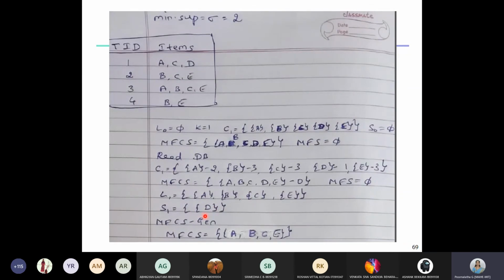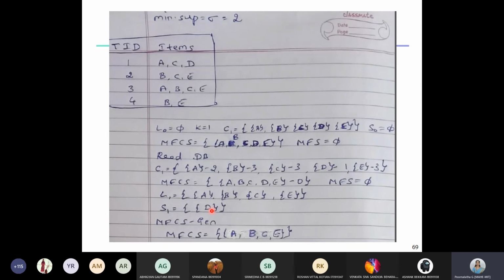So for all items e belonging to S, what are we doing? If M minus e is not a subset of any itemset in MFCS. What is M here? M is A, B, C, D, E, and what is e? e is D, right? So M minus e: M is A, B, C, D, E, and this e is D. So A, B, C, D, E minus this D gives me A, B, C, E. So the result of M minus e is A, B, C, E. Next step, what are we checking?